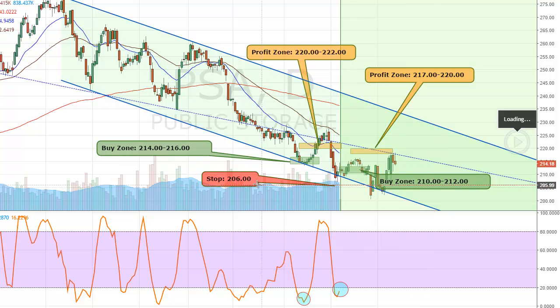Considering our buy zone was 210 and our stop was 206, it didn't give us much, and that was just a fake out flush there. It was really a great divergence. If you went long there, and again, these are just all automated, so it's, unless we take those long,